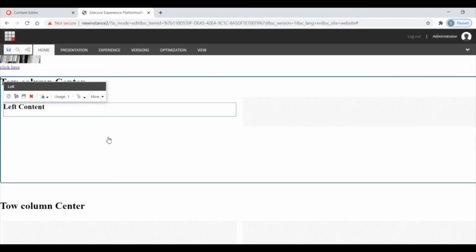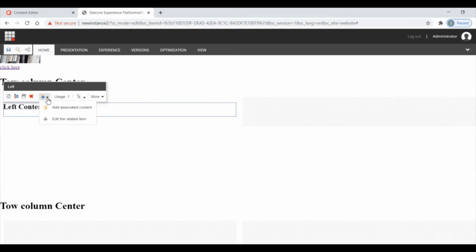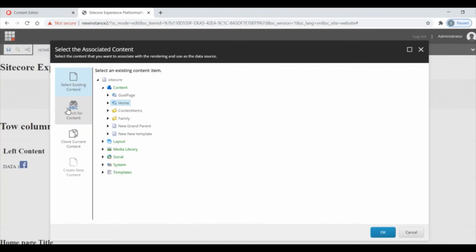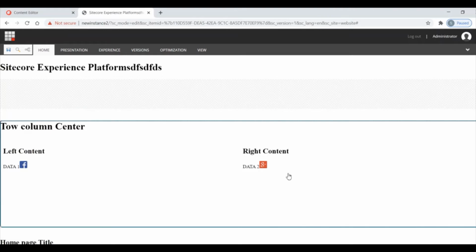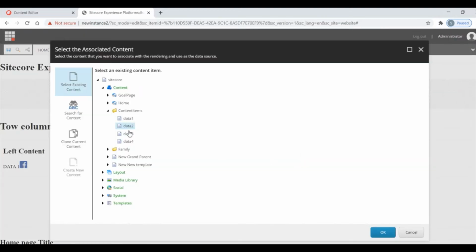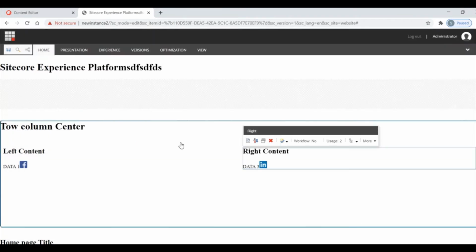So I'm selecting a data source for this left component. I'm selecting this data source. Similarly for the right component, I'm selecting the data source and changing the data source. That's this one.